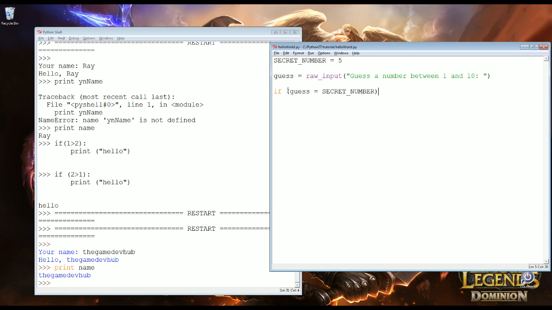Let's say, I'm going to write this. There's some errors in this code already, which is fine. I want to run into these errors so that I can explain to you later on. So I'm going to keep writing this. So if guess is equal to secret number, alright, and then we start a block here. So it's going to execute everything inside this block. So in this case, if the guess is the same, then we know it is correct. So we're going to print,